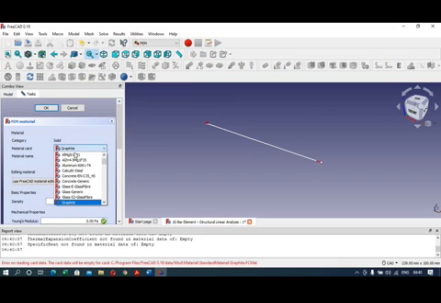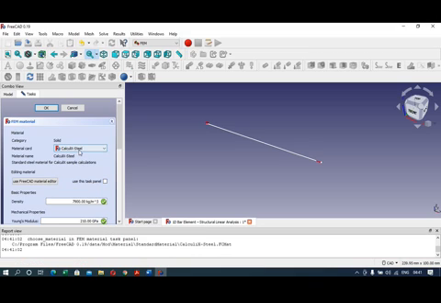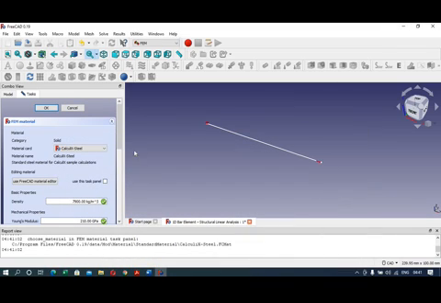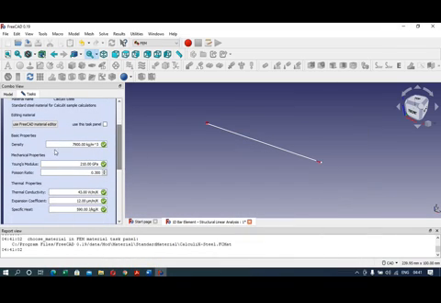So from here I will select the Calculix steel. The different types of materials are available. So in our problem statement, the Young's modulus is given as 200 kilonewton per millimeter square. So from here the default values are the density is provided and the Young's modulus is provided. So if you want to change this value, you can use this task panel, and here I will enter the value as 200. Okay. So now you can see the kilopascal.